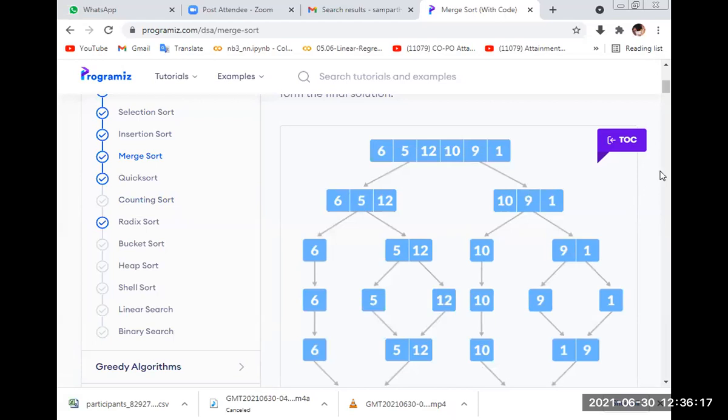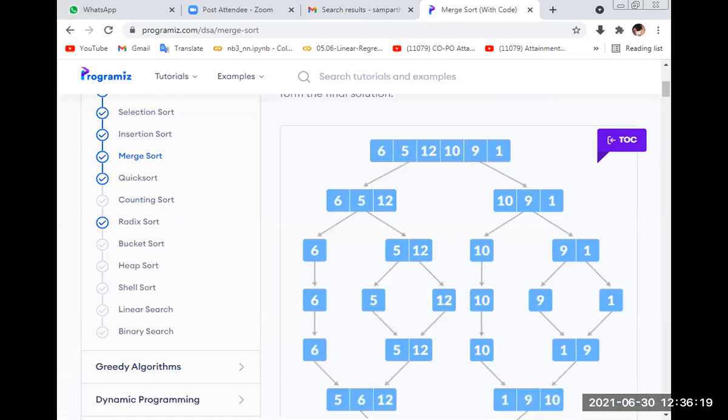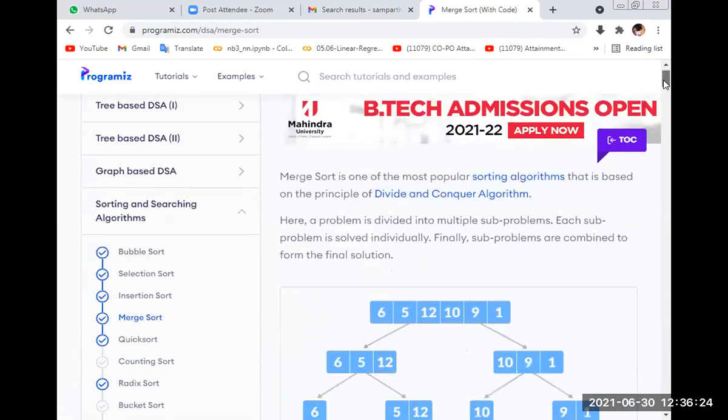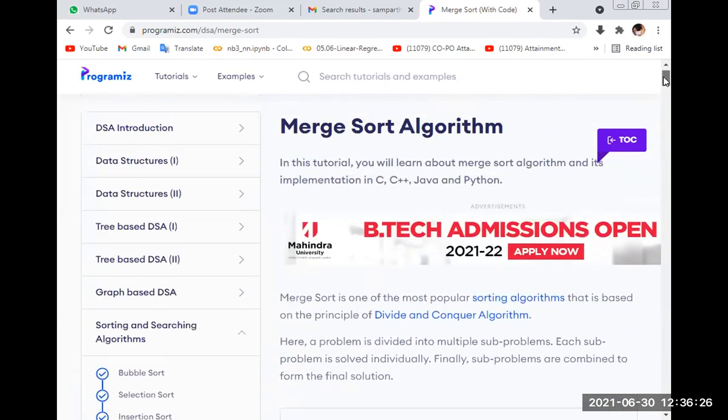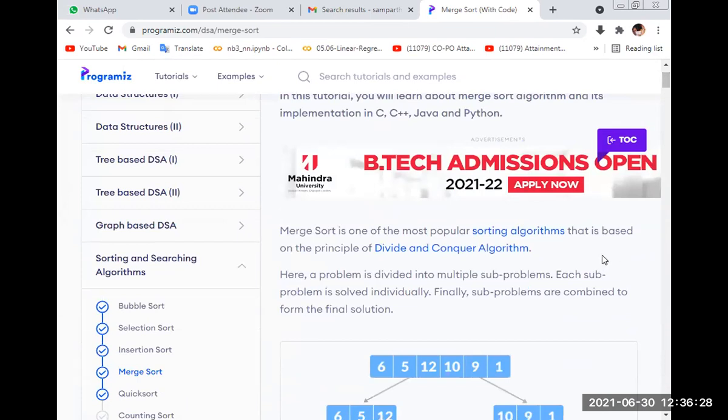This one also uses the divide and conquer approach. This is one of the most popular sorting algorithms. Just like quicksort, it uses the same principle, the divide and conquer algorithm.